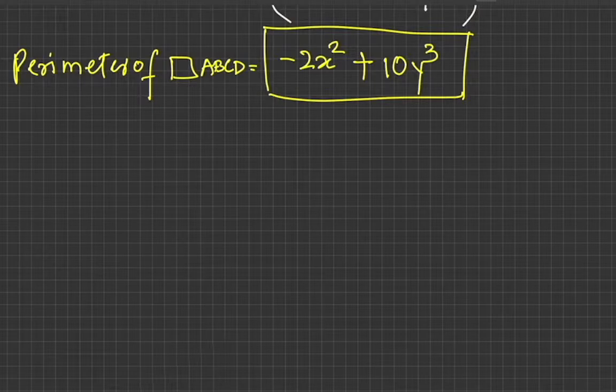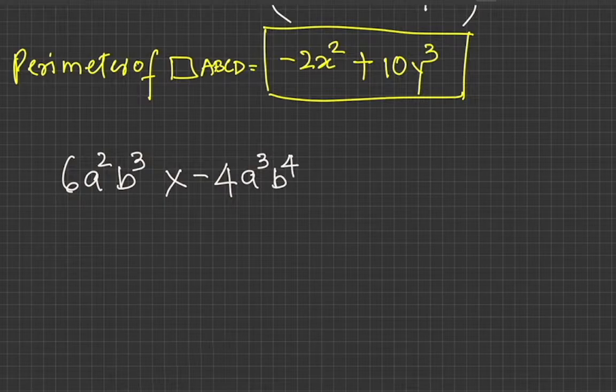Now I have, let's say, 6a squared b cubed times negative 4a cubed b to the power 4. So here we are multiplying two monomials. When we are multiplying two monomials, the way to simplify that is you